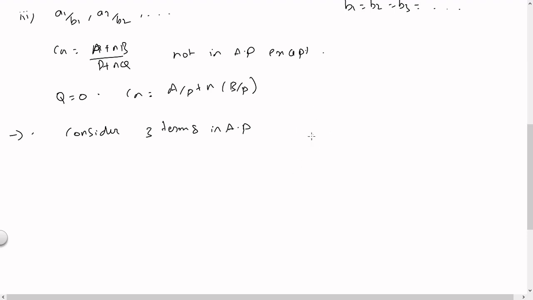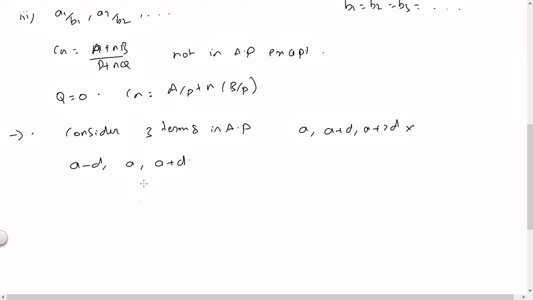You can do better than that and take the terms as a, a plus d and a plus 2d. But this is also not what is recommended, because if we take the terms in a different way, then for all the calculations it generally becomes simple. So how are we supposed to take the terms? We will take the terms as a minus d, a and a plus d. This way, whatever the calculations, it becomes simple.